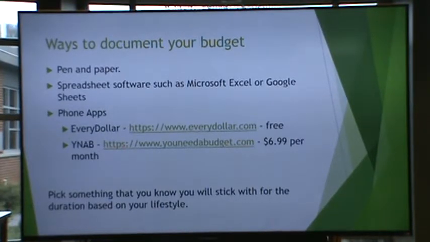Okay, so how do you document? I handed out, this is actually a form from a class that I've taught in the past called Freed Up Financial Living, which is sponsored by the Willow Creek Association. It's also in Excel, so written meaning you can use this form and just do pen and paper. You can even just use a notebook, a spiral bound notebook, if you like, and do a budget that way.